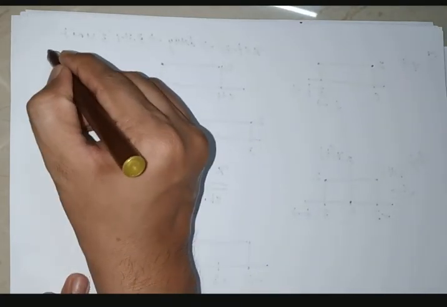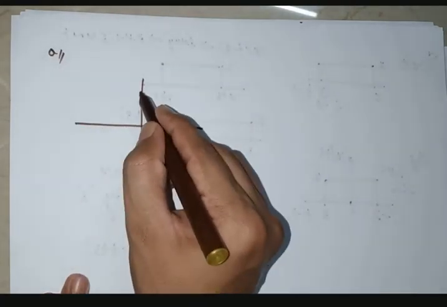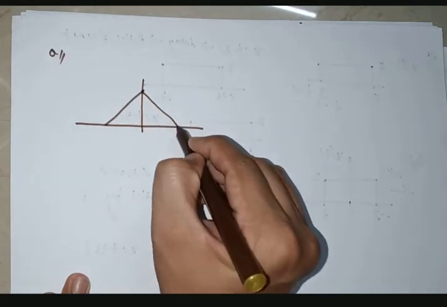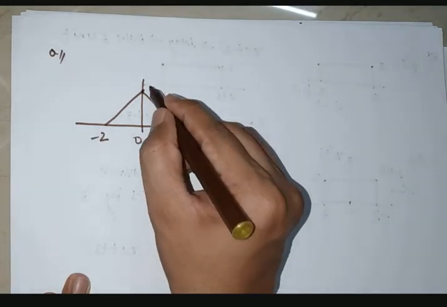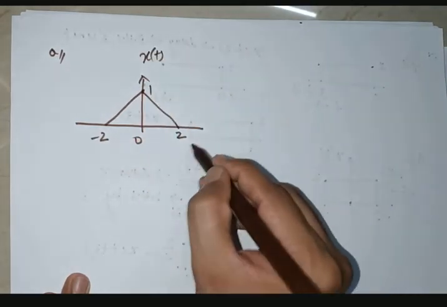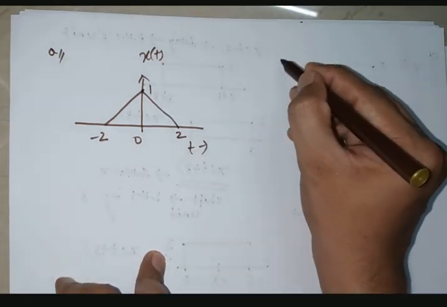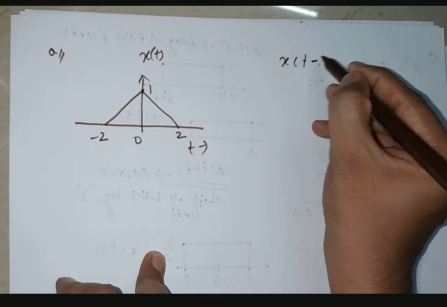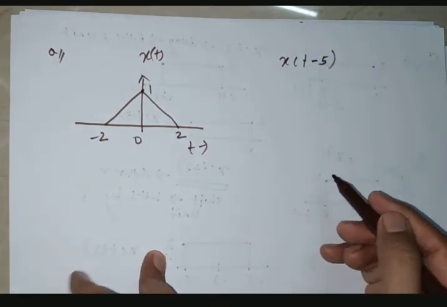okay, take another example. One triangular signal I am taking. Okay, let minus 2 plus 2 0 something 1. Let this is your x of t. Clear? Now let you want to find x of t minus 5. Okay, t minus 5 means